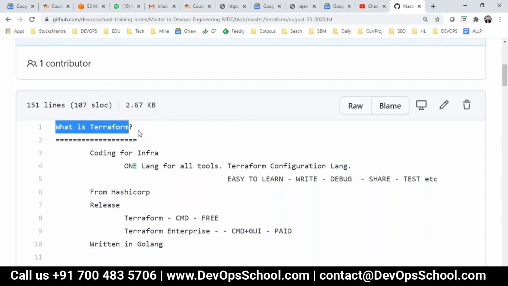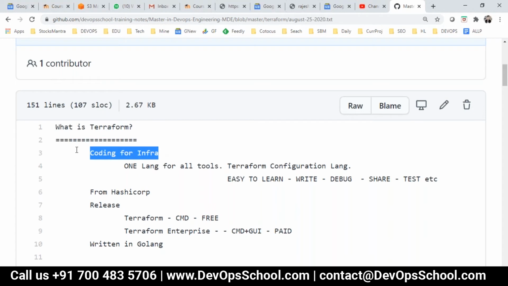Because I've been telling you, you cannot skip the coding. If you have come to DevOps and if you think you will skip the coding, then it's a wrong thing. So you have to do the code. But in DevOps, more or less, you have to do the coding for infrastructure. So yes, this tool is basically for coding for infra.